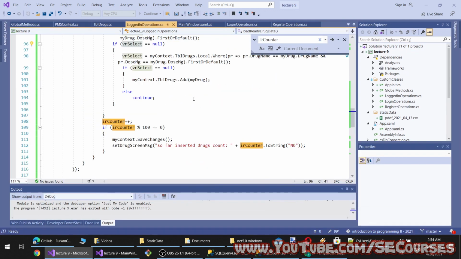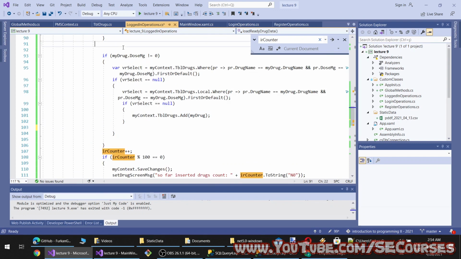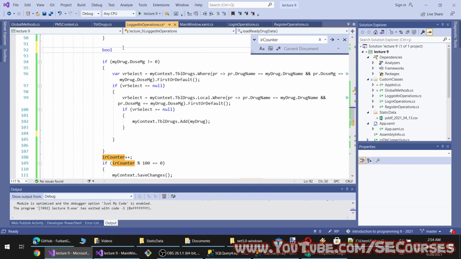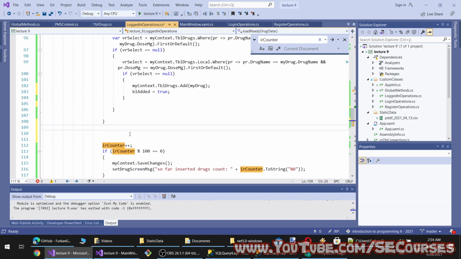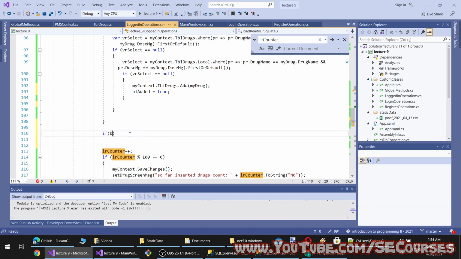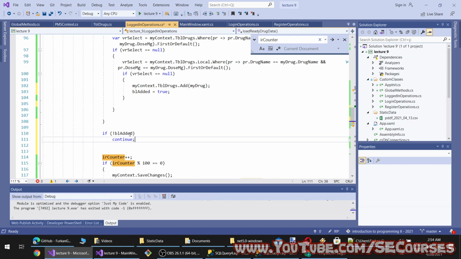How to fix is simply let's define a bool here, false, and we will set it true here. And then, okay, if edited, then continue.